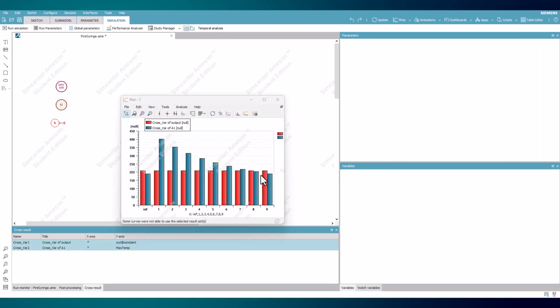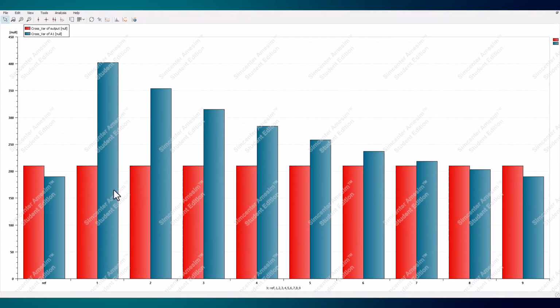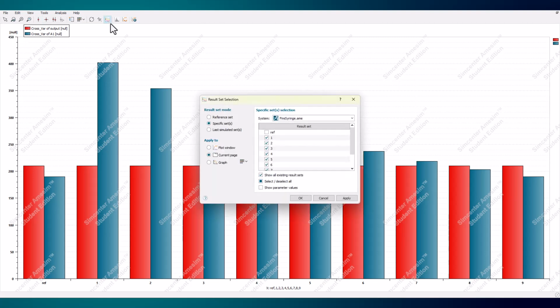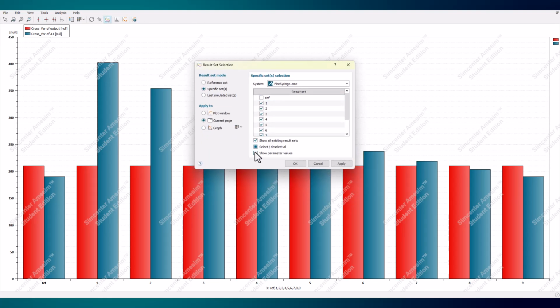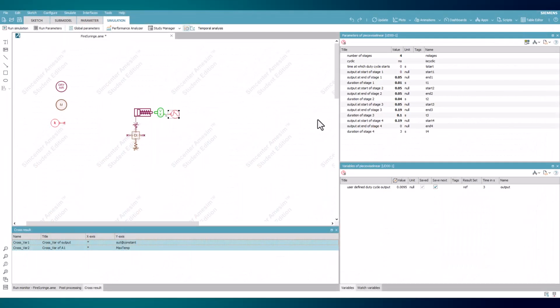The plot shown has both the constant source output and maximum temperature within the chamber for each run side by side in bar graphs. Now it is easy to see which of the runs reached the desired temperature and which didn't. The ruler tool makes it possible to see each of their respective values, determining that run 7 is the last run that meets this requirement. Opening the Select Results Set menu and displaying values, run 7 is shown to be a value of 0.08 seconds, which will be our set value for stage 3 of the piecewise source.